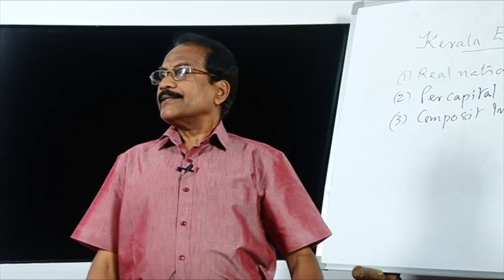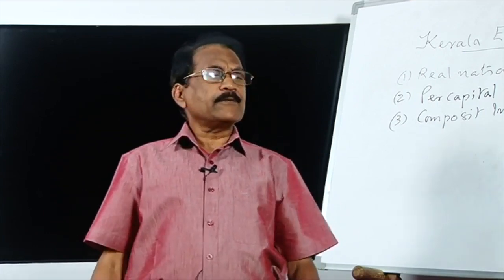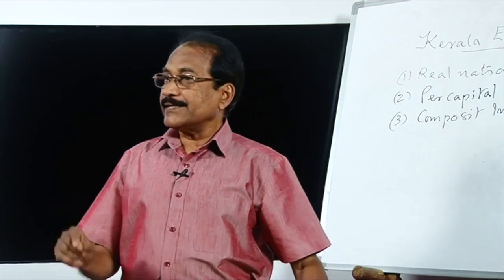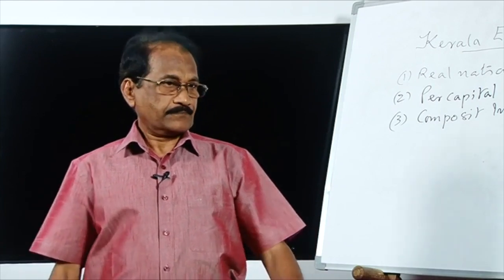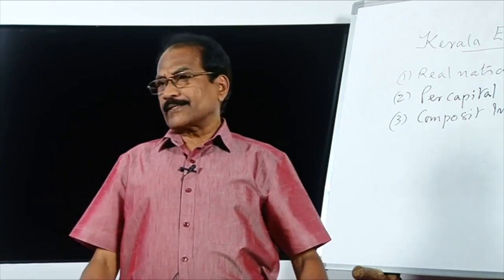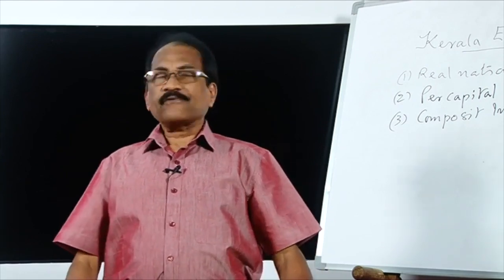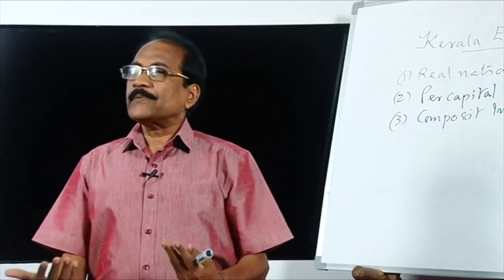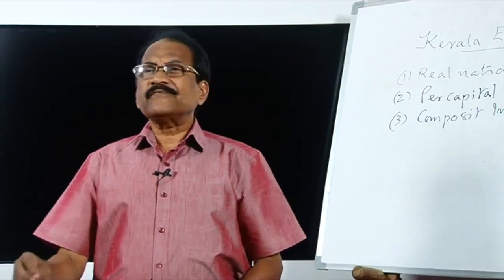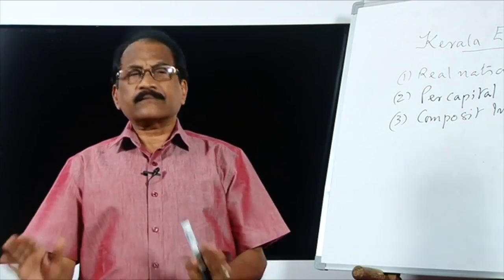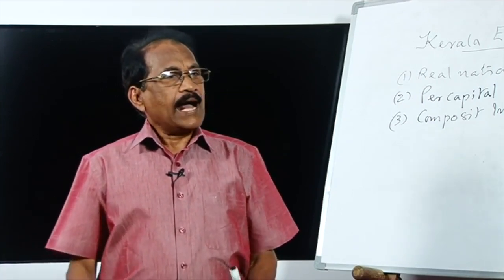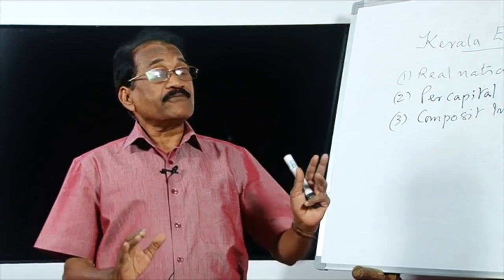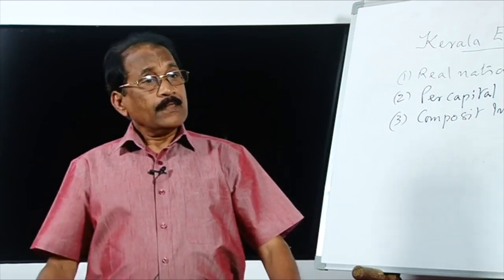For example, at the time of our independence in 1947, the average expected life duration of an Indian was 35 years. That means before attaining 35 years, many people die. Maximum we may say 55, 60, 65 years the length of life duration, but the average was 35 years at the time of our independence. Today we know that it is more than double.